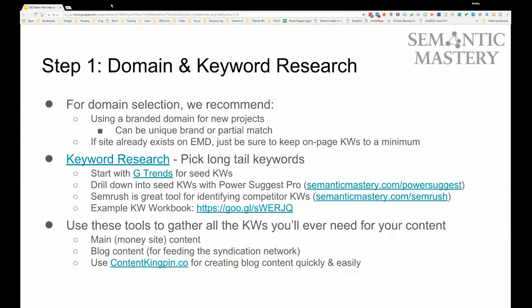Marco? I would just add that it's way easier to over optimize an EMD, especially for those who are just starting out and are trying to figure their way through everything. It's really easy to get into over optimization and to not get ranked simply because you're over optimized. Whereas if you go brand, you can totally target brand plus keyword associations. When people start thinking about something, I always give the Jello and Band-Aid example. We don't think gelatin, we think Jello. We don't think adhesive bandage, right? We think